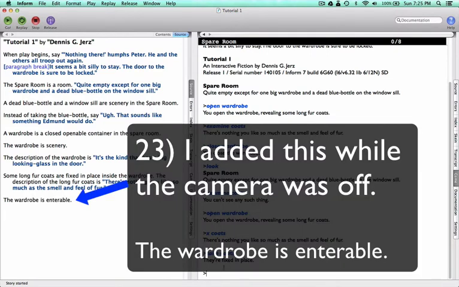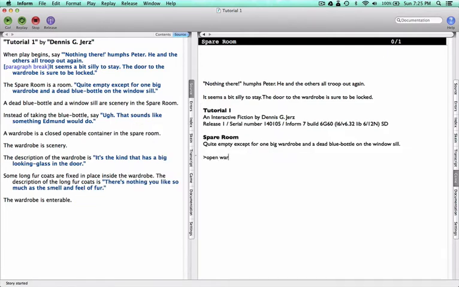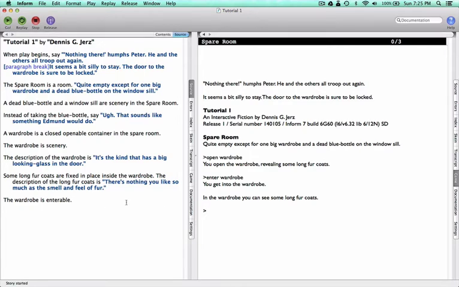Okay, so now let's have a little practice here. Let's open wardrobe, enter wardrobe. Inform7 provided this "you get into the wardrobe" text. I want it to be a little bit more dramatic than that. So I'm going to do this. I'm going to write